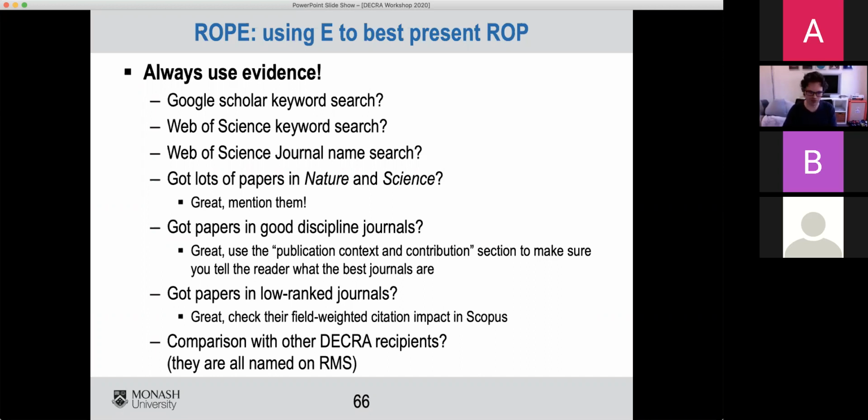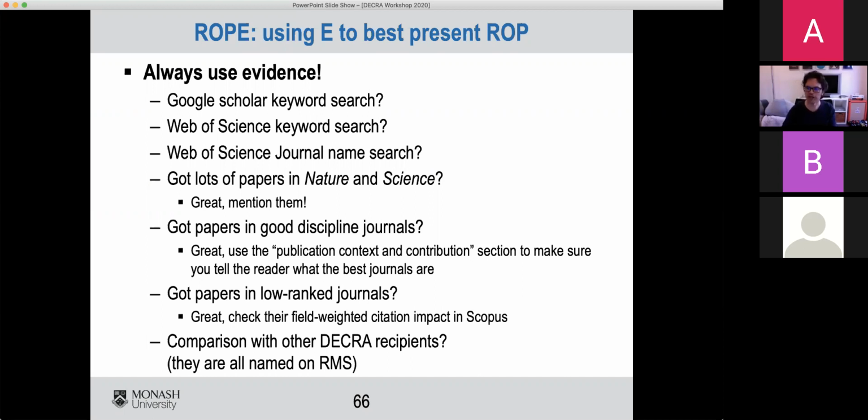If you've got papers in journals that tend to have lower impact factors, so again, in biological sciences, ornithology and entomology, because those journals tend to have lower citations, you could check the field-weighted citation impact of your paper against that discipline, and maybe you're really well cited for an ornithologist or for a particular discipline.